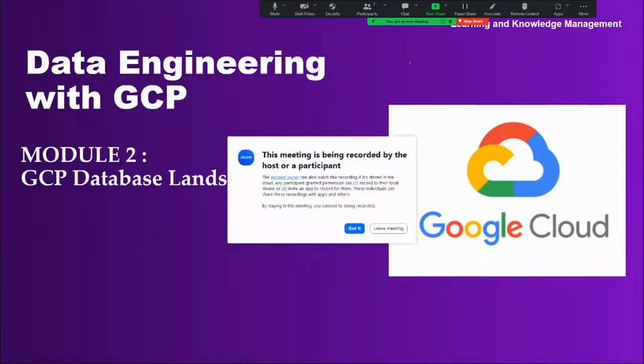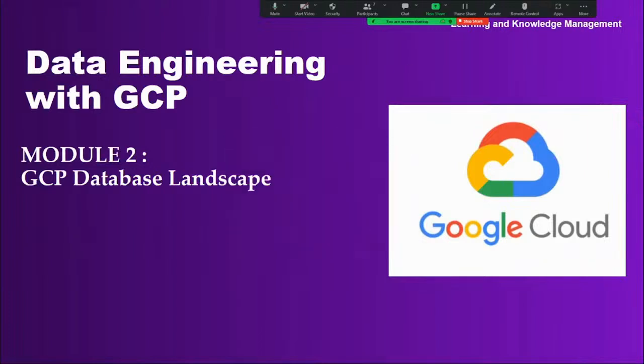So, yesterday we had discussed the course content and everything. From today onwards, we're going to discuss the very first topic, that is the GCP database landscape and big data landscape. So one by one, we are going to start. In the first half, I'm going to explain a few concepts related to the databases, that is Google Cloud Storage. And after that, we're going to start with